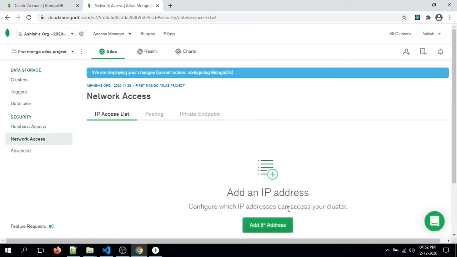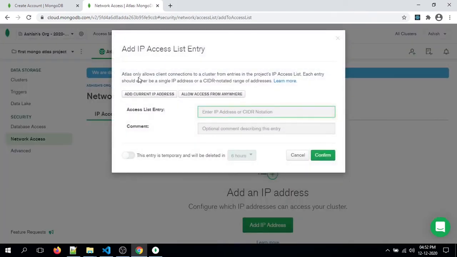Now the next step is I will have to add an IP address. We have two options. One is add current IP address. If we add a particular IP address to this cluster, we cannot access this cluster from another IP. The other option is that if we click on this button, we can access this cluster from anywhere.